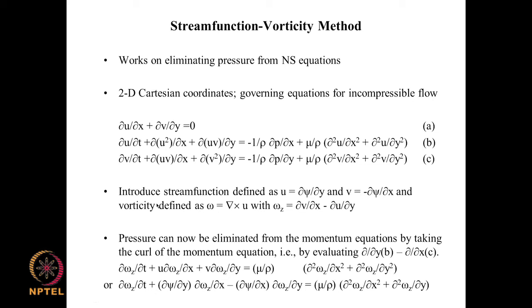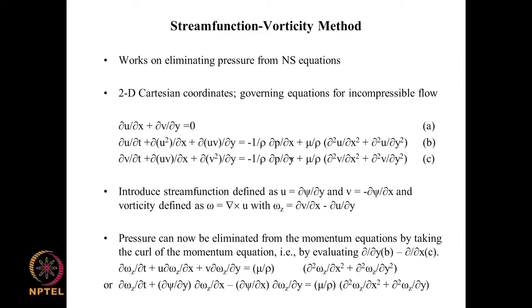And we can introduce another variable, vorticity, given by ω, the vorticity, equal to del cross u. In the case of 2D flow, we are interested in the z component of the vorticity, and that is given by ∂v/∂x minus ∂u/∂y. Now, using these two variables, the stream function and vorticity in the z direction, it is possible to rewrite the 3 equations into a set of 2 equations. And how do we do that? We can eliminate pressure